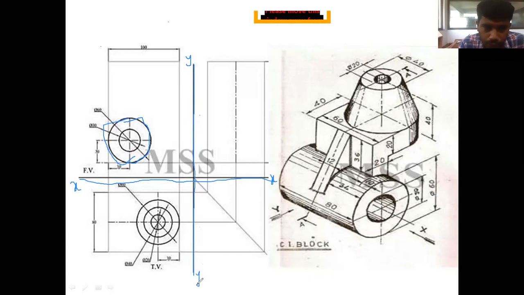Before starting, we have to do this first, XX and YY axis, and this will be the front view. The front view will be in the vertical plane and the top view will be in the horizontal plane.